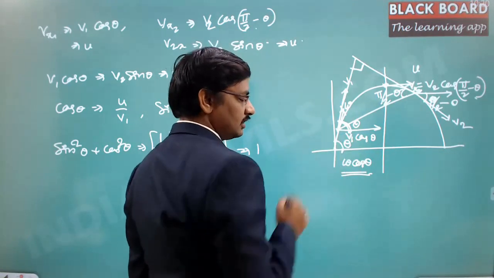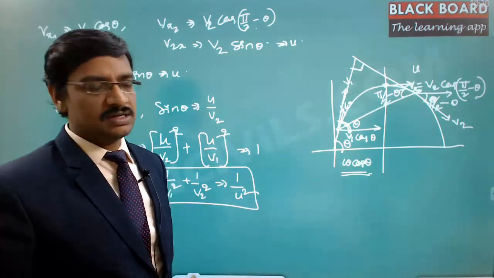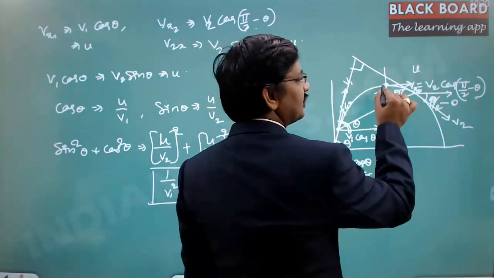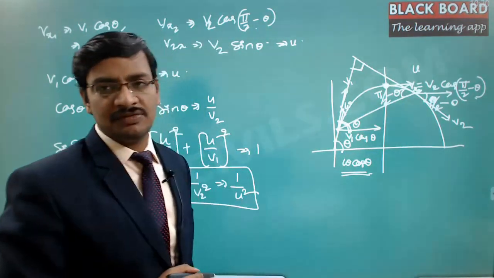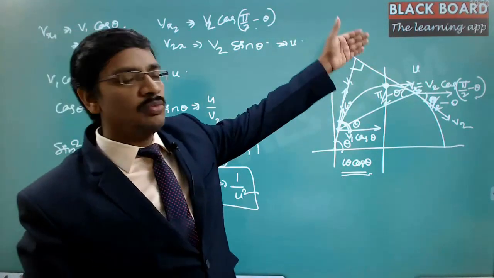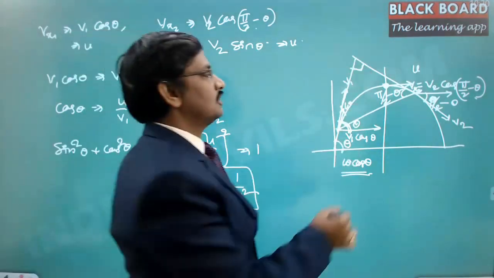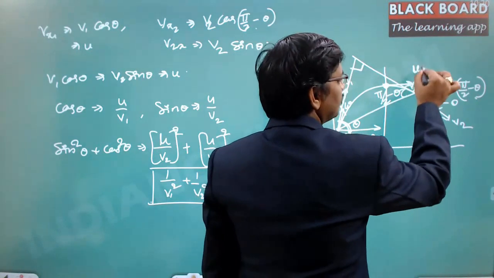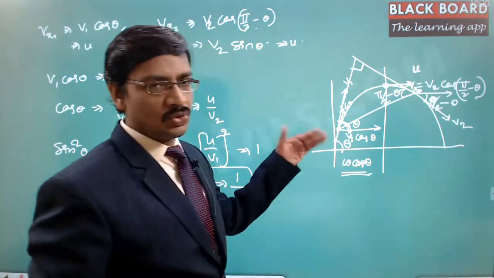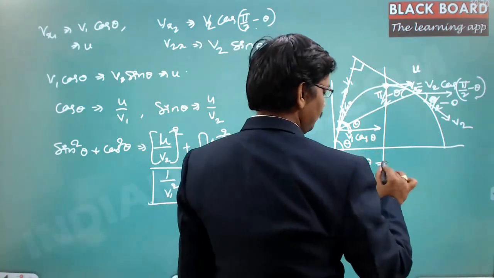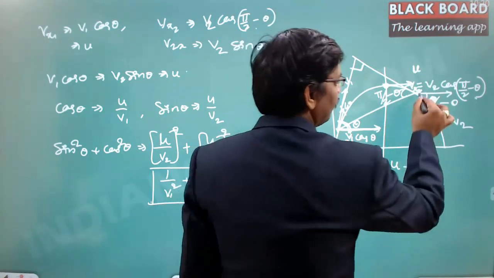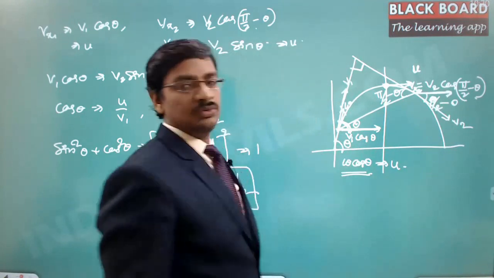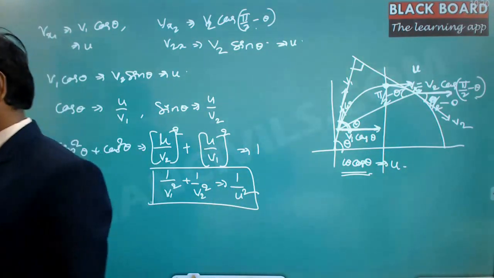Now this horizontal component of the velocity is constant everywhere, and in the problem statement the velocity at the vertex point will be only the horizontal component, because there is no vertical component of the velocity at that particular point. So this was given as u in the problem statement. As it is constant throughout, even at the vertex this will be equal to u. And even at this point the horizontal component is u, and even at this point the horizontal component is u. Is this understood? Okay, fine.